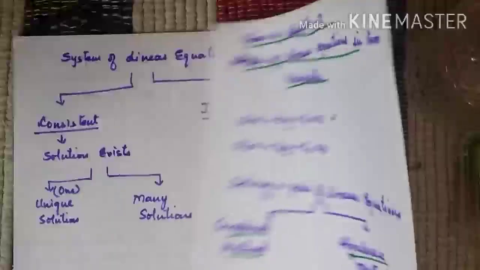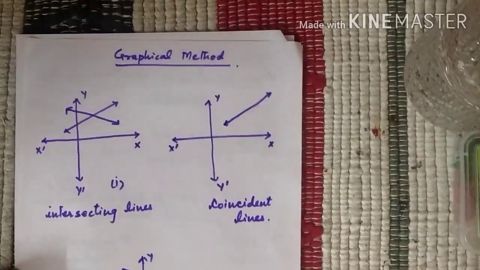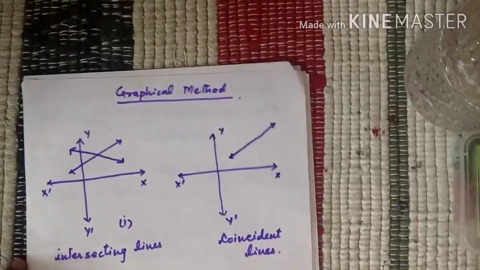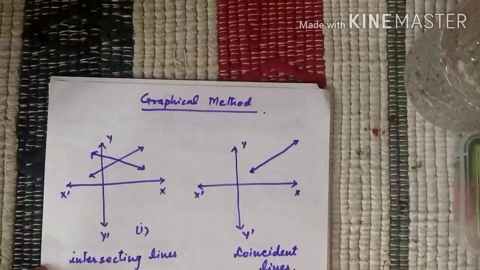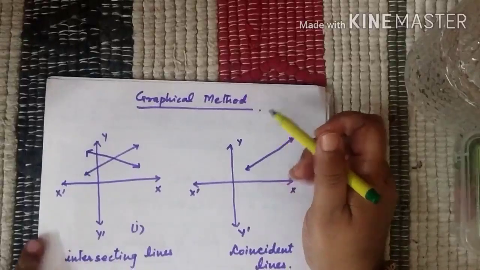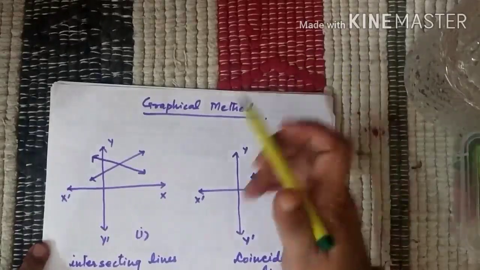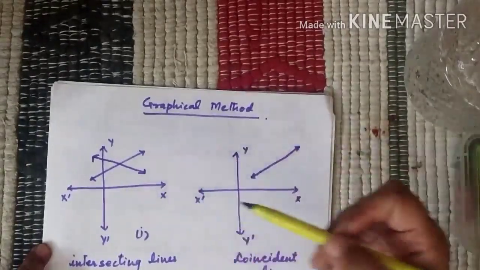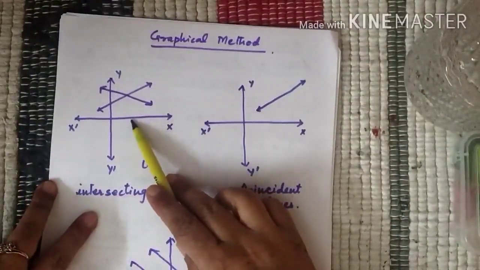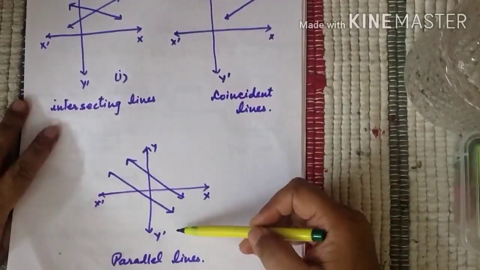Now let's talk about graphically solving a linear equation, the graphical approach. You know, a linear equation in two variables represents a straight line. When we plot a graph, you have learnt in class 9 also and you are doing in class 10 even now, we get a straight line, and when we plot a graph of two equations, you will get two straight lines. So when you draw two lines on a plane, we encounter three different cases. Either the lines will meet, or the lines will be the same, they will overlap with each other, or the lines will run parallel to each other.